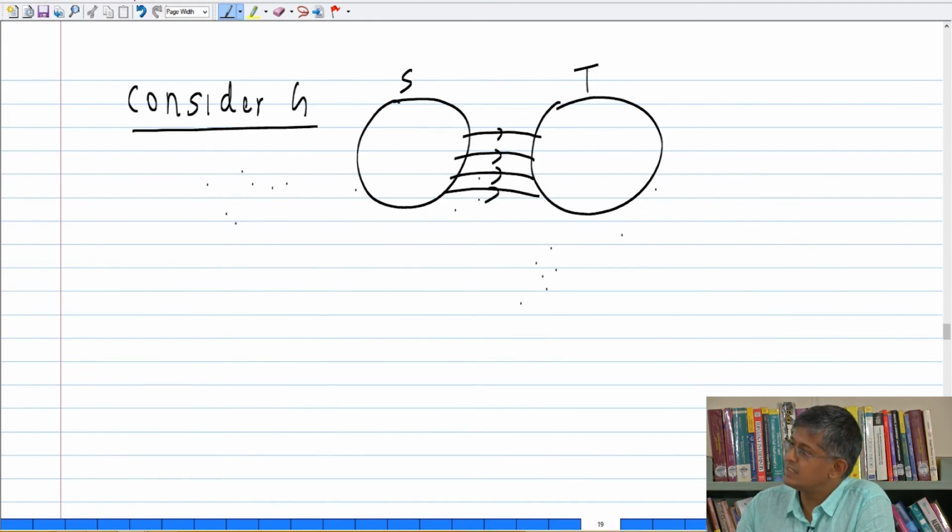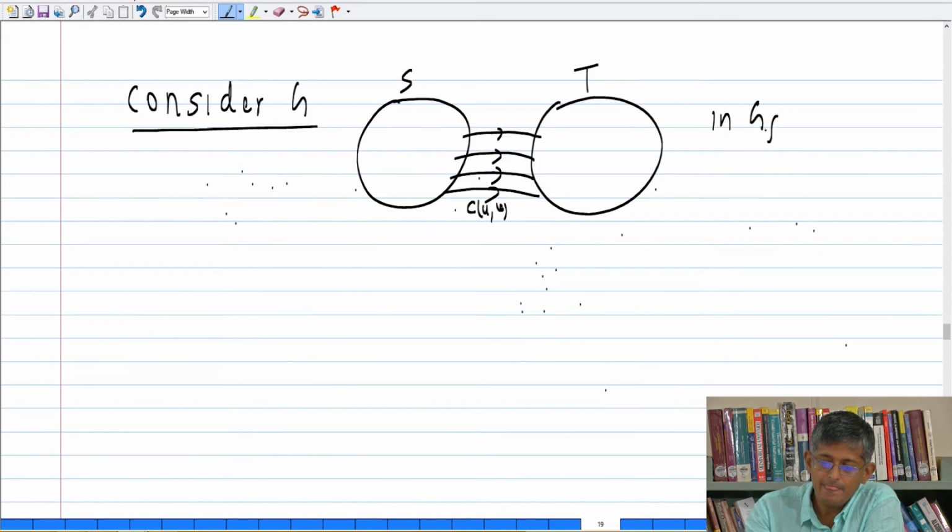In G, these were the edges which were present. Each one had a certain capacity. So maybe this is capacity U, V and so on. In GF, what has happened? All these edges have vanished. What does that mean if they have vanished? Which means their residual capacity is 0. In GF,